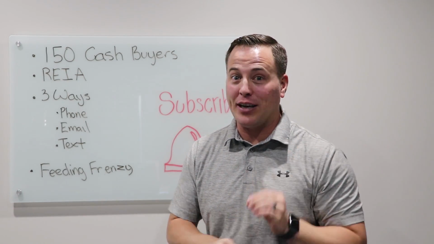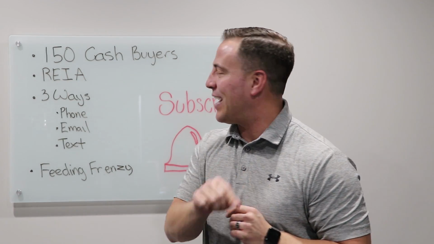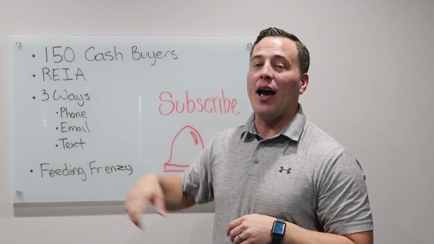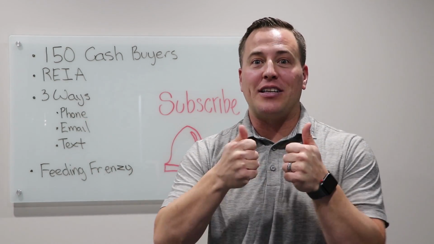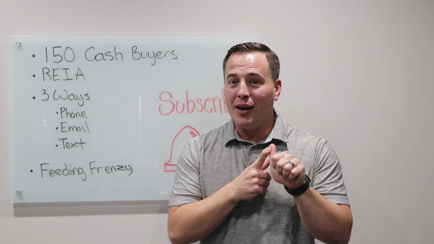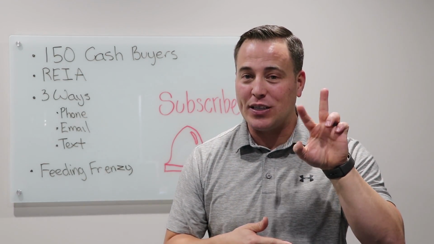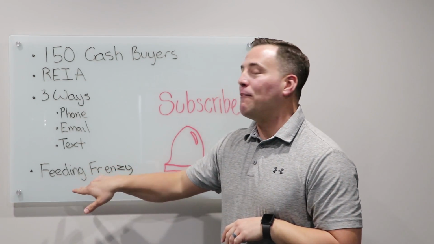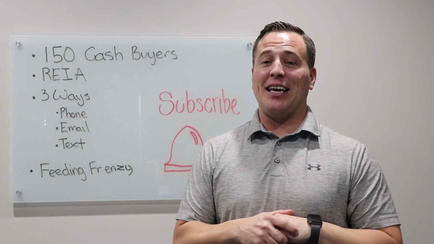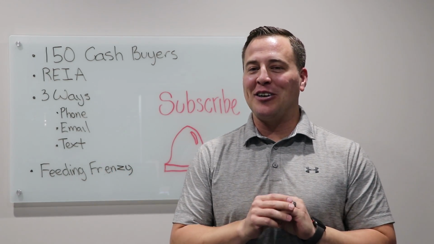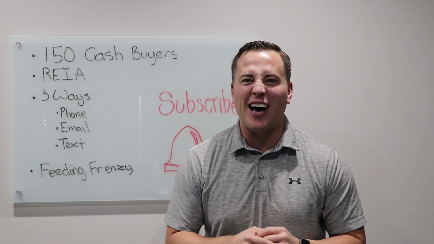Easy, easy, easy place. Remember, network, not net sit. Next, the 3 ways that you send your deals to them: by phone, by email, and by text. Make sure you're using all 3. And then make sure, last but not least, that you put those deals out at a price that creates a